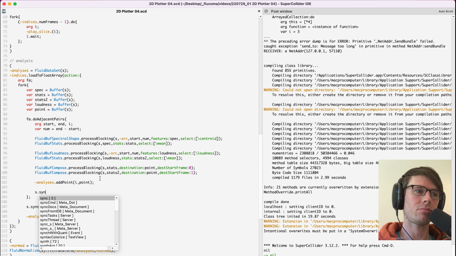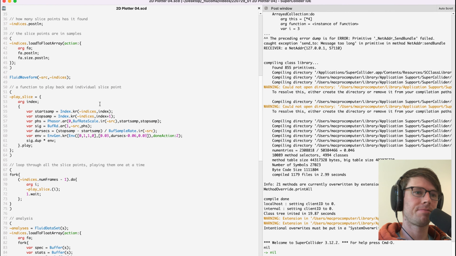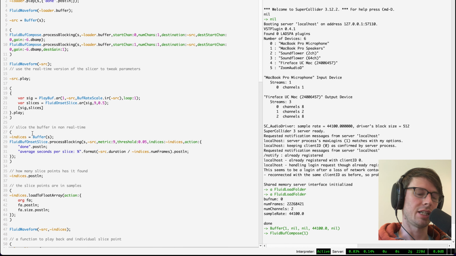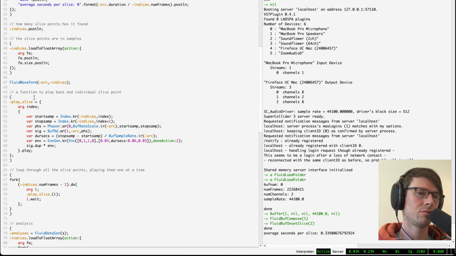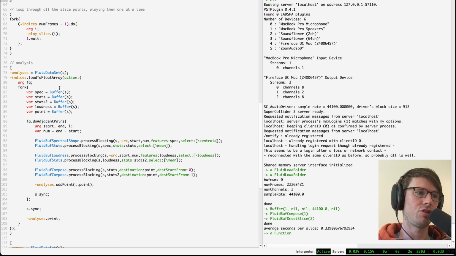in here, essentially to sync with the language every so often to make sure that the OSC queue doesn't get overloaded with operations. So if we reboot the server, load our sound, convert to mono, do the slicing, I will reinitialize this place slice function, and then do the analysis. And actually, I'm also going to put in here a little print. So we'll say slice this out of this,